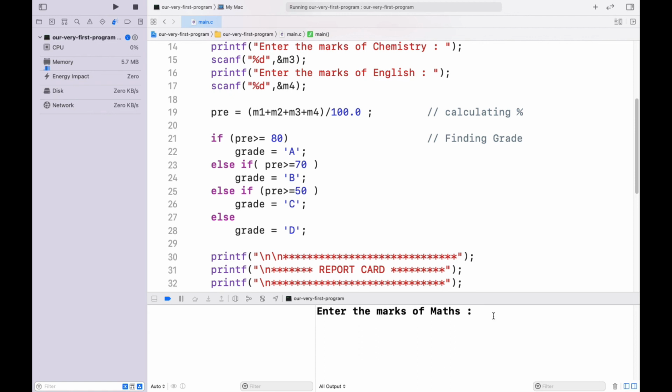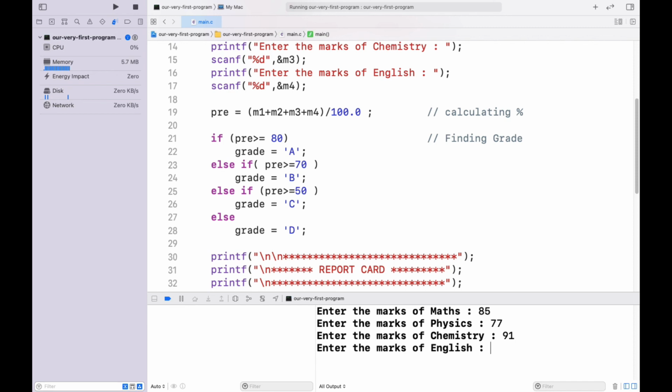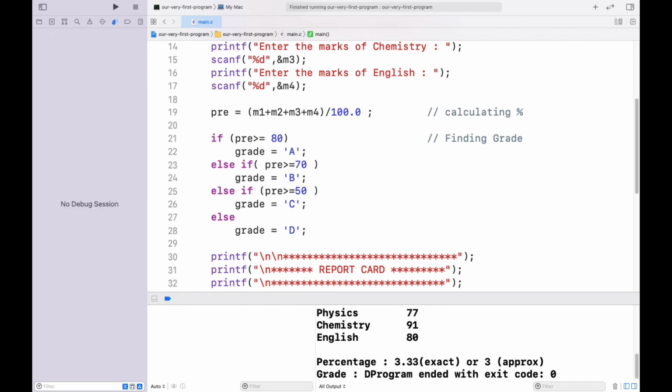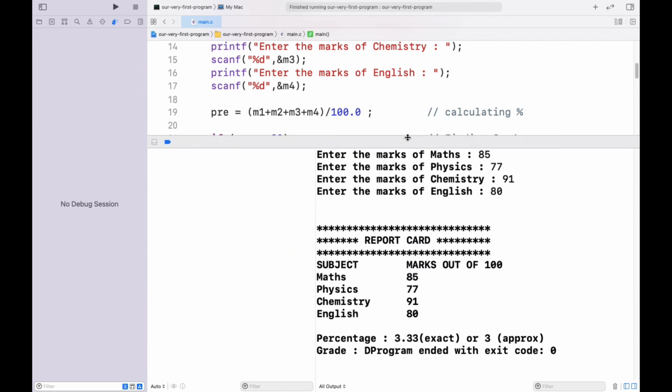Let's say marks for mathematics be maybe 85, physics maybe 77, chemistry is an easy subject, 91 maybe. English. So what do we have here?